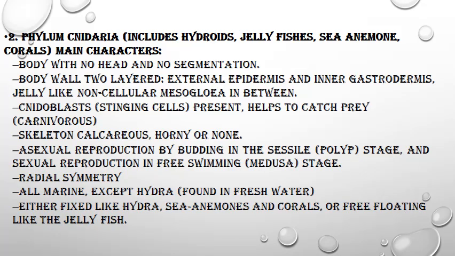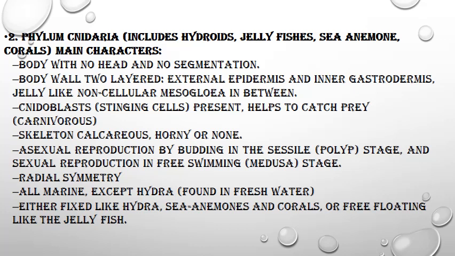Next is Cnidaria, includes hydroids, jellyfishes, sea anemone, corals. Main characters are body with no head and no segmentation, body wall 2-layered, external epidermis and inner gastrodermis, jelly-like non-cellular mesoglea in between, cnidoblasts, stinging cells present, help in catch prey, carnivorous, skeleton calcareous, horny or none,